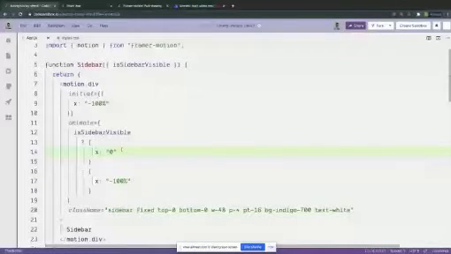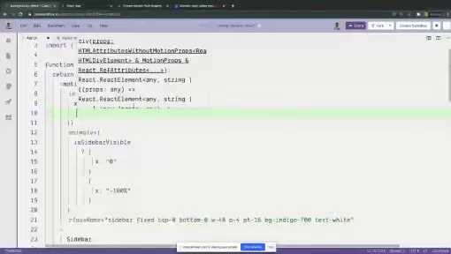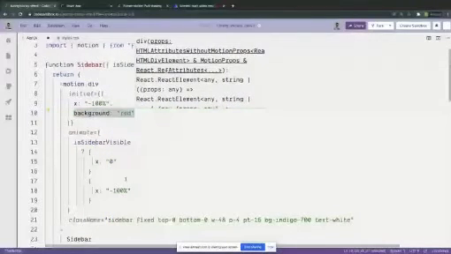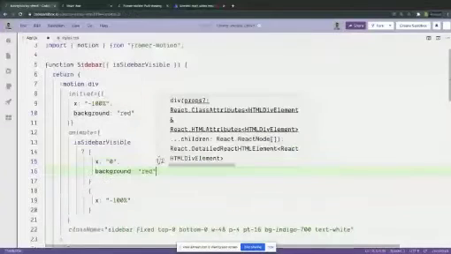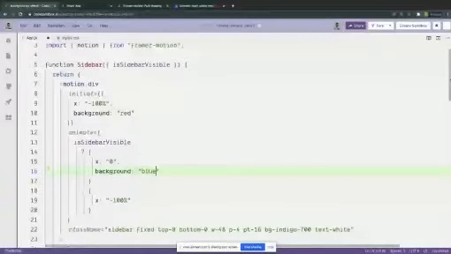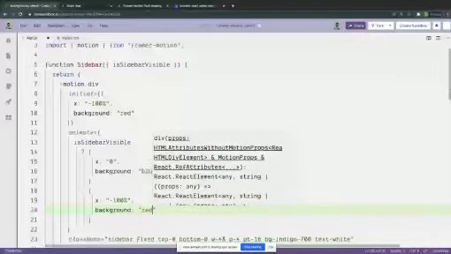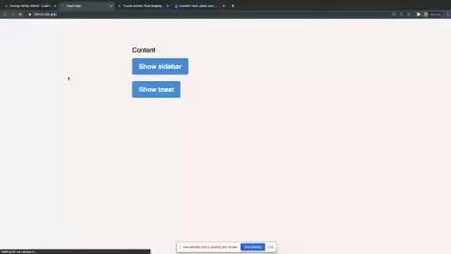Okay, so this property, this object here, you can transition many things here. For example, you can even change the background if you want. Background red, background blue, again background red. Okay.